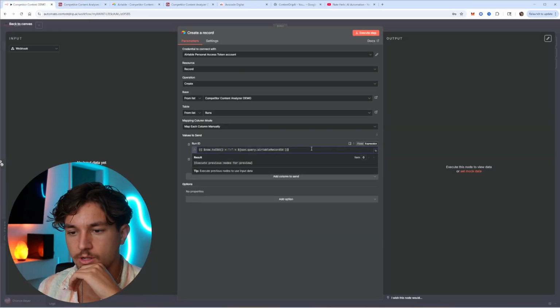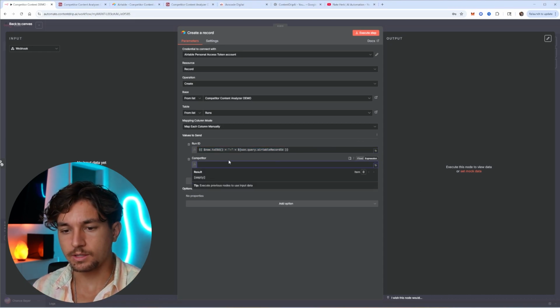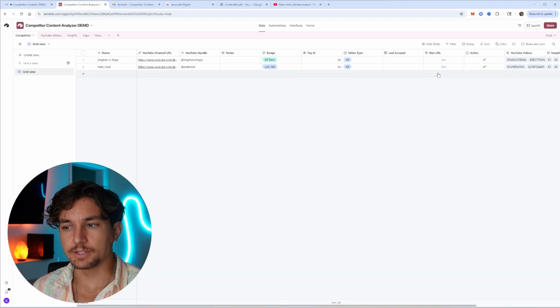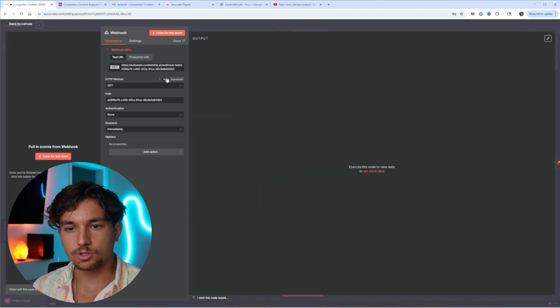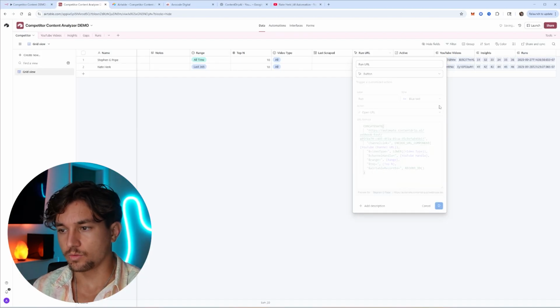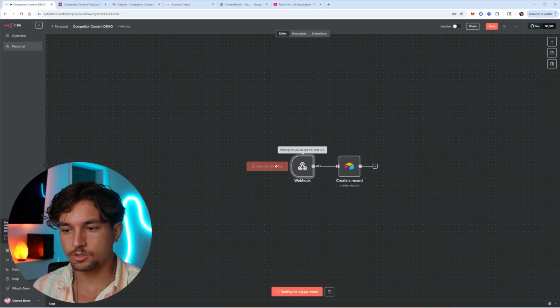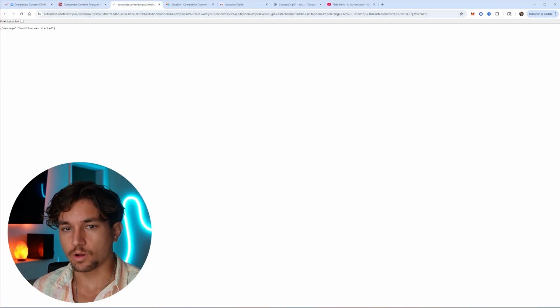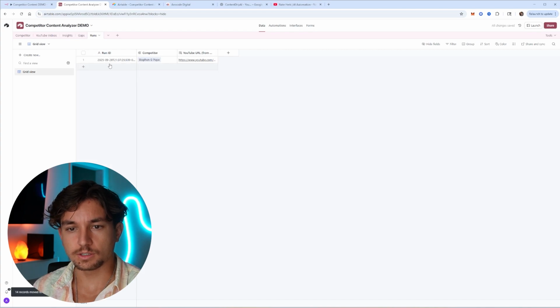We're going to hit expression and copy that expression in. Next is the competitor, which is going to be coming in the webhook. In this demo database, this run URL, which you'll already have access to, we'll need to edit this for testing purposes. Let's go ahead and get the test URL like this, and we're going to paste that in. We'll hit save, and now we're able to actually test this connection. So we'll hit execute workflow, and then we can select run URL, and we even created that first run right here. Delete test runs. This is the one that we just created,